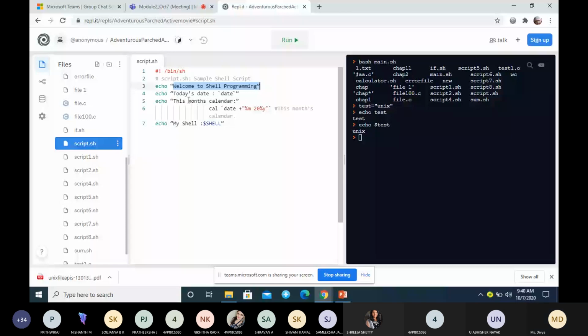Then here you can see today's date. For displaying the date, what is the command used? Date, correct. If I want to print the date, you have to place it within double quotes and use this symbol. This is not a single quote, so you have to use this symbol.